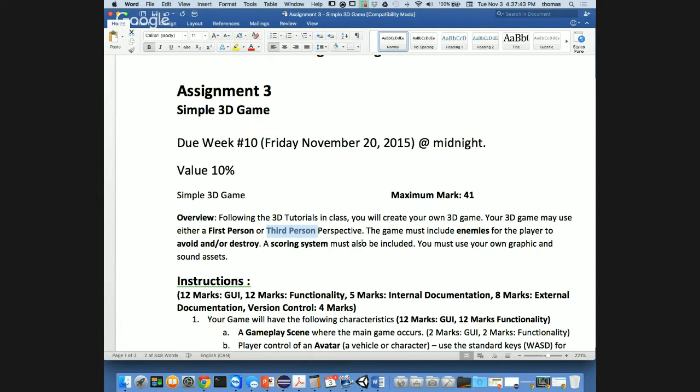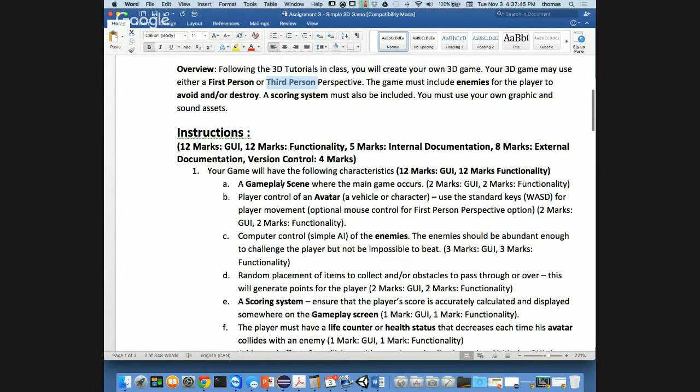Everything's the same. The only difference is that you have a gameplay scene with WASD for player movement, and optional mouse control for the first-person perspective option. The reason for that is because you may need to do a kind of mouse look. One thing you can also do is definitely use the scripts from your standard assets for player movement. The reason I'm allowing that this time around is because the script is quite complex. If you haven't done it before, you can certainly set it up on your own if you don't like the current script that's included in the game.